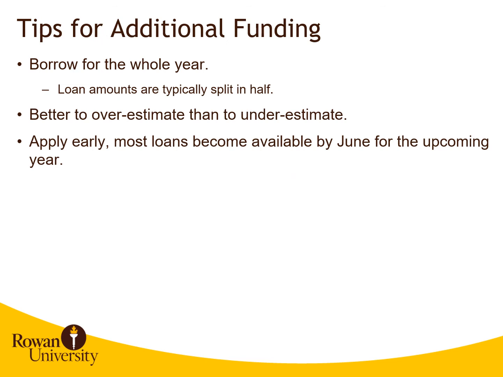So if you decide that borrowing additional funding is right for your family, here's just a couple of tips. We really recommend that you borrow for the whole year. When you request a loan, by default, we typically divide the amount that you borrow in half. So half goes towards fall, the second half for spring. We get a lot of questions where a parent might borrow $1,000, let's say, and they anticipated it to all go towards the fall semester, but they'll notice that they only got $500. That's because a lot of times our system will split the loan in anticipation that you're going to borrow for